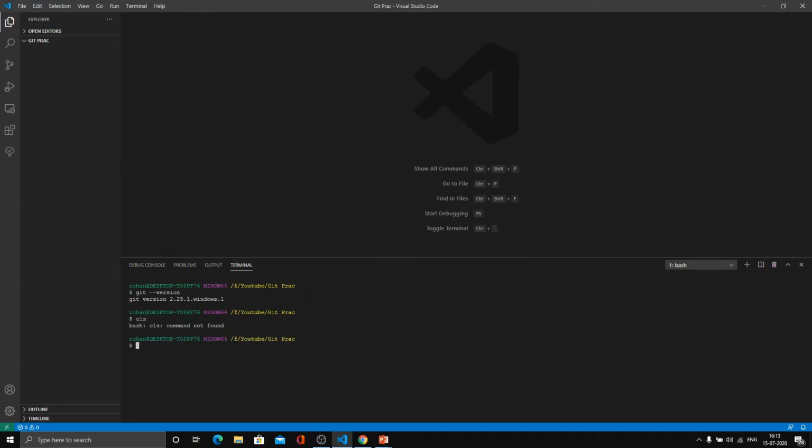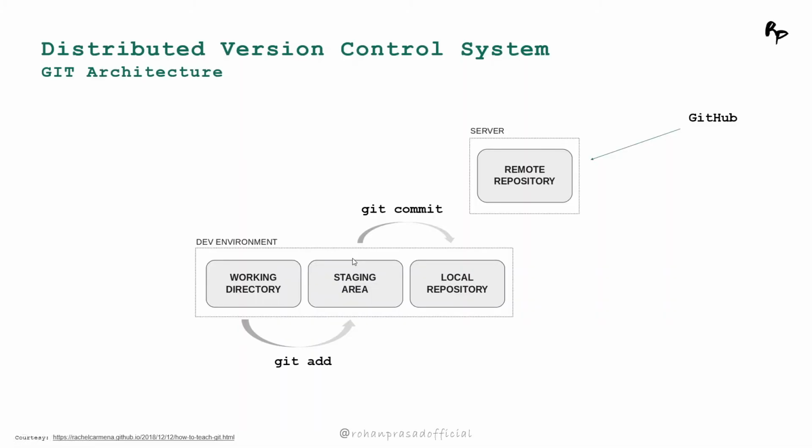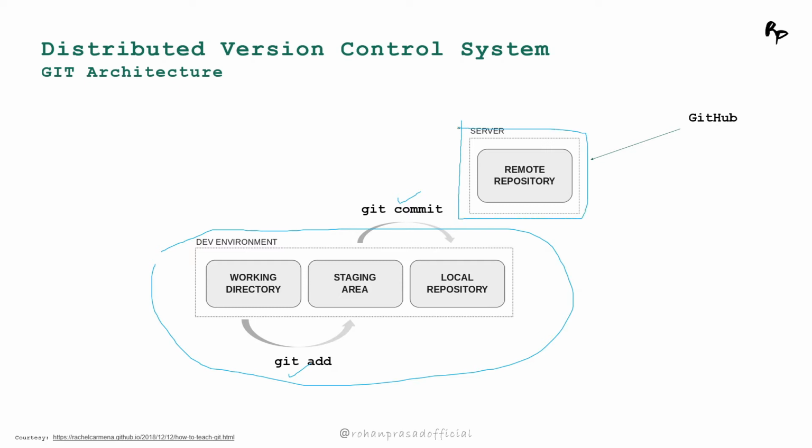So we'll clear this and look at a slide that we discussed in the previous videos. We have Git now in our environment, so we'll be setting up this particular environment today, and we'll be exploring some commands like git commit, git add, git init, and git status. So let's start. For some further coming videos, we'll only be exploring this server part